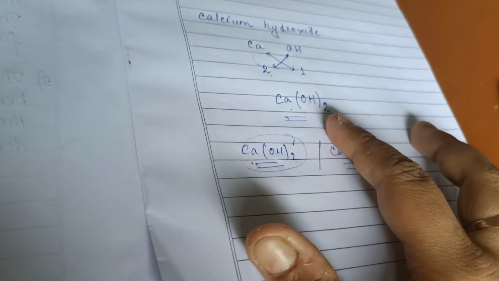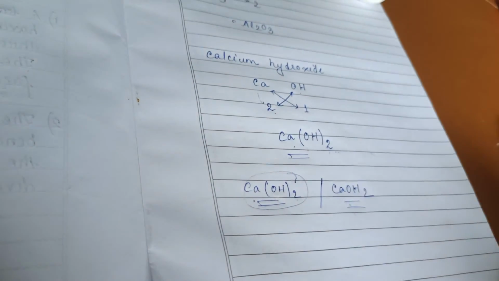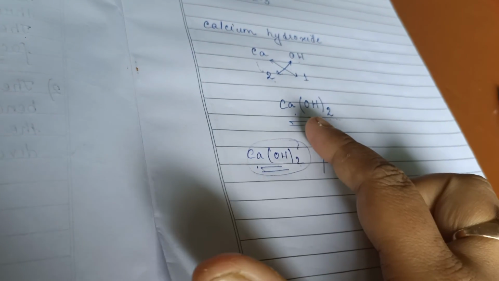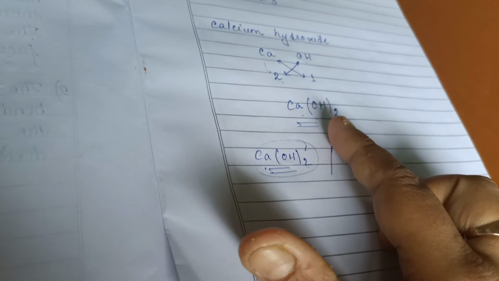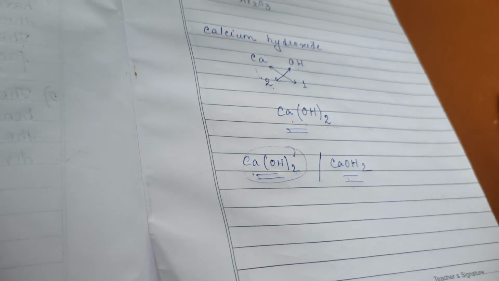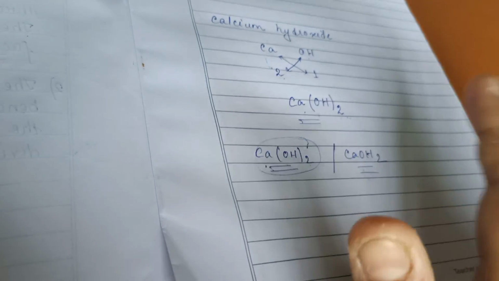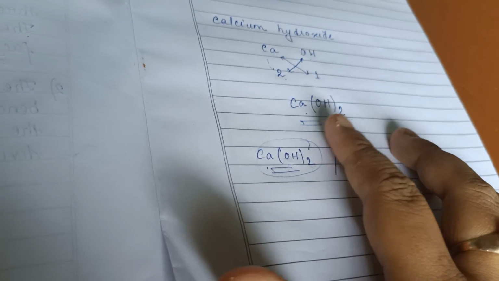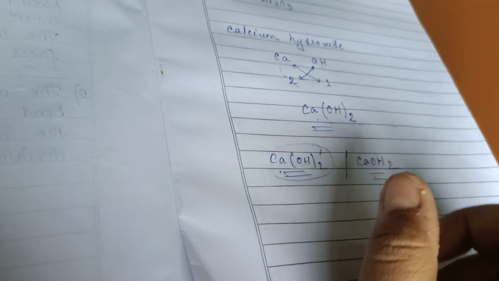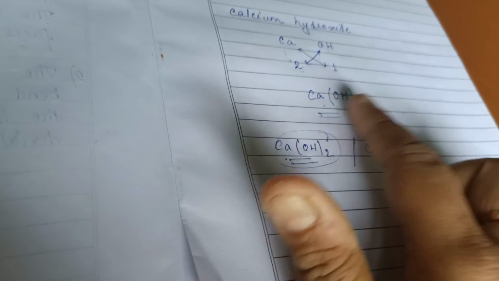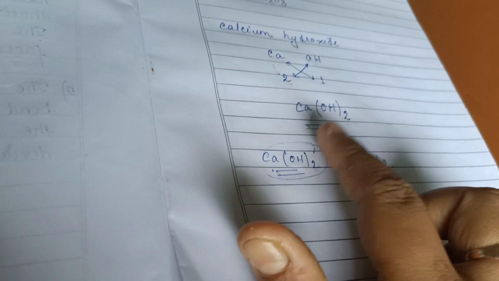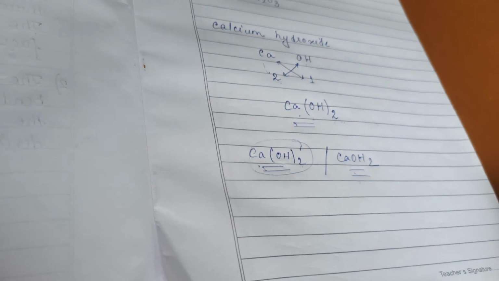Now after giving the formula, they might ask you the name of the elements that are given in the chemical formula. If it is asked what is the name of the elements present in the formula of calcium hydroxide, the name of the elements will be calcium, oxygen and hydrogen. If they ask you how many atoms are present in the formula of calcium hydroxide, it will be calcium 1 atom, oxygen 2 atoms, hydrogen 2 atoms. So 1 plus 2 plus 2 becomes 5. So as a whole, there are 5 atoms in the formula of calcium hydroxide.